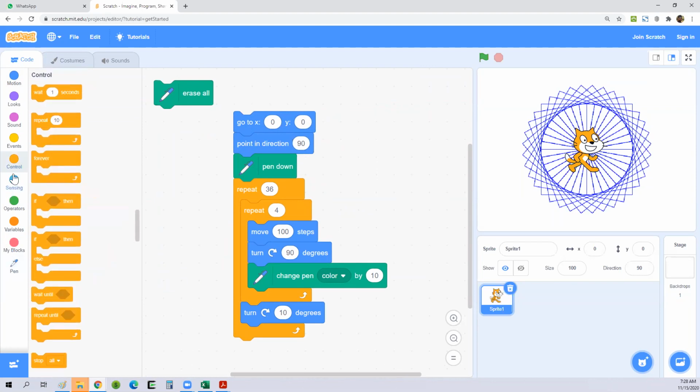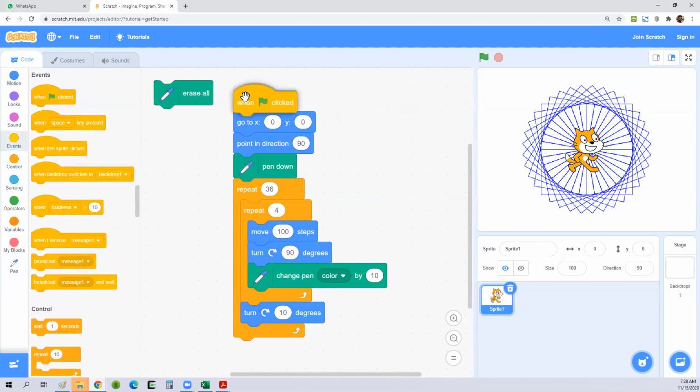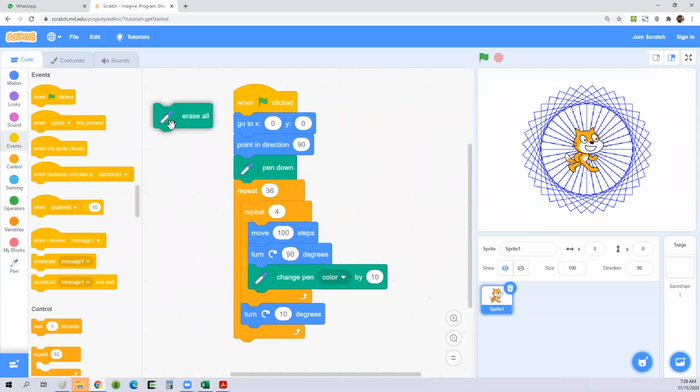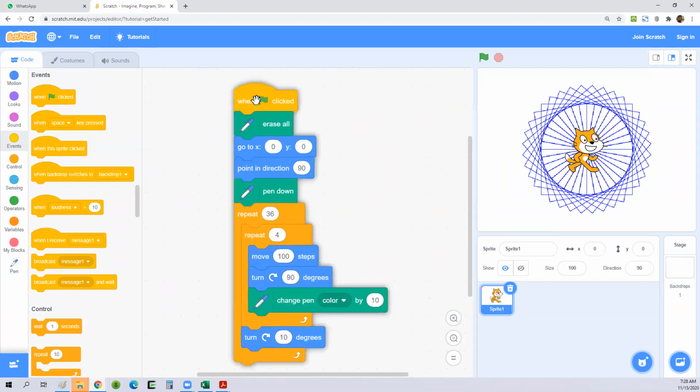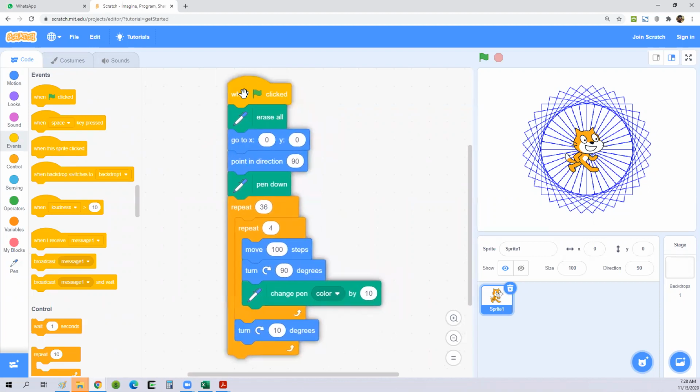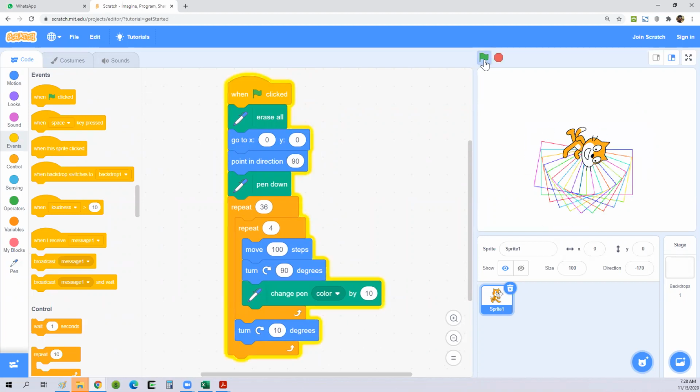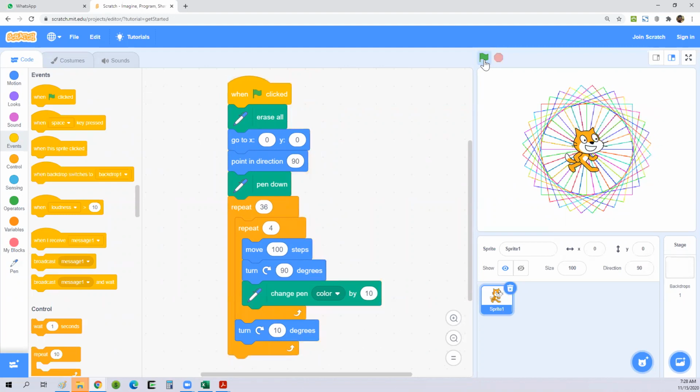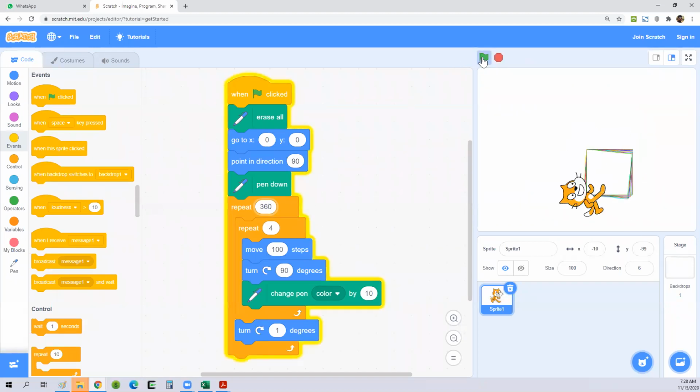Let me put a control events as well, right? So when we start, we'll erase all as well, right? Now this is the complete one. So now I'm going to click it, see what will happen. I can change this. Now, for example, instead of 10 degrees, I can put 1 degree at a time. So you know that we have to repeat 360 to complete the full circle. So if I do this again,